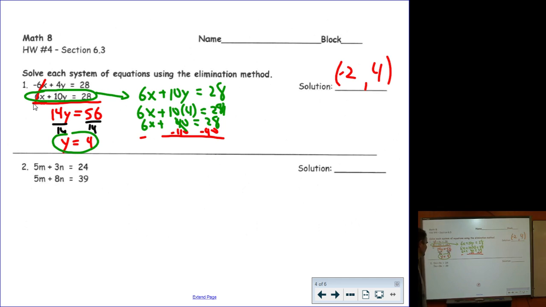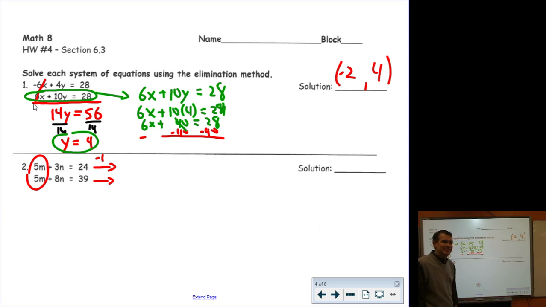Problem 2, I noticed that neither the m's or the n's are opposites of each other. So I'm going to have to multiply by something. I think the easiest thing would be to get rid of the m's, right? Because the m's are already the same number. I just need to make one of them opposite. So I am only going to need to multiply by negative 1 so that I turn a 5 into a negative 5. I will go ahead and multiply the first equation by negative 1, and I will leave the second